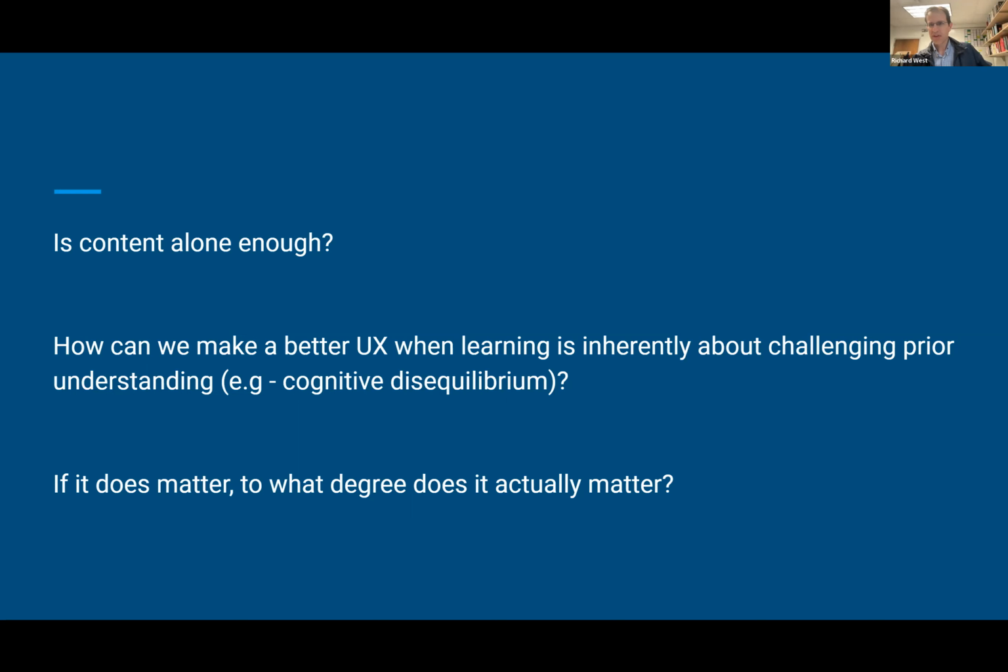So Andrew, I'll jump in real quick. I think it's interesting, this question of is content enough? If we go back to cognitive load theory, this idea of extraneous load, it's not just about making something prettier, although that's not a bad thing either, right? If we make something prettier or more fun to do, then people are going to be more likely to want to do it. But it's also that if we get some of the extraneous load out of the way, they're going to be able to learn better.